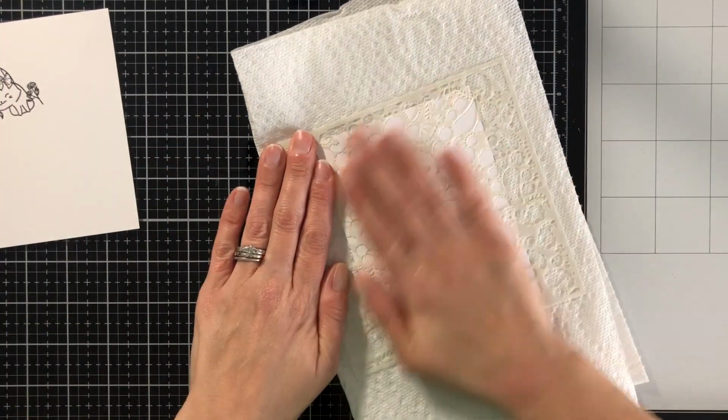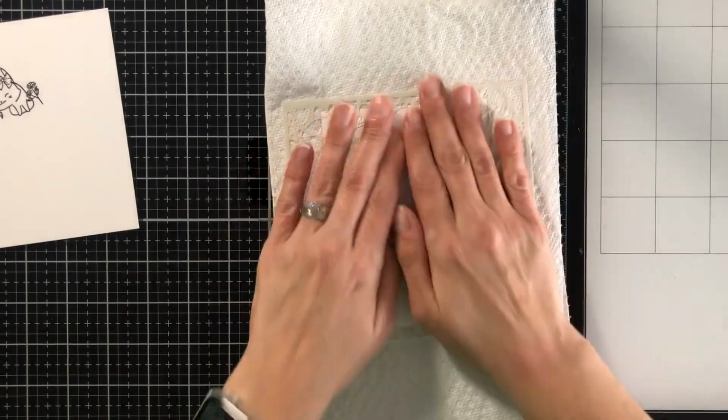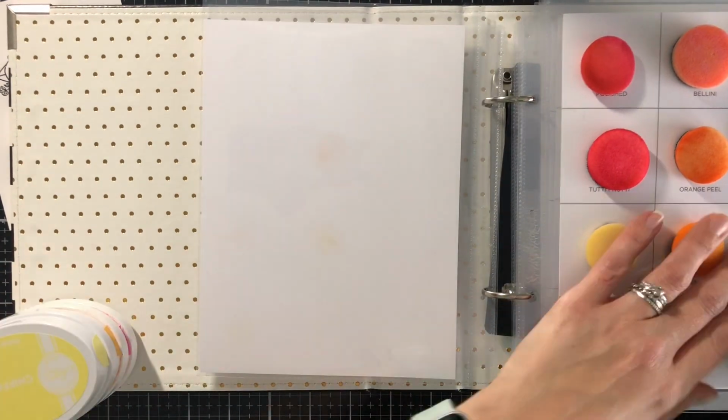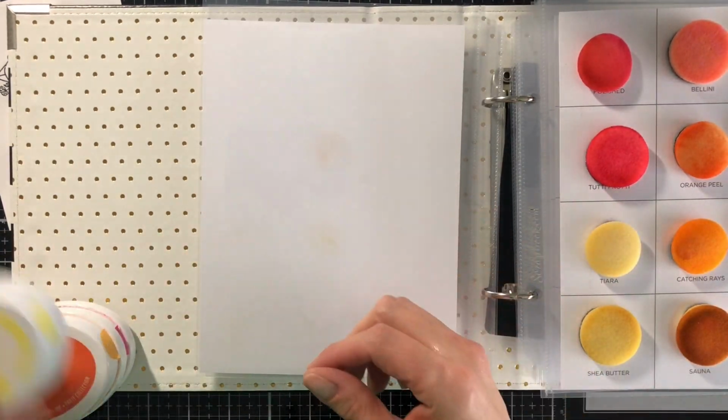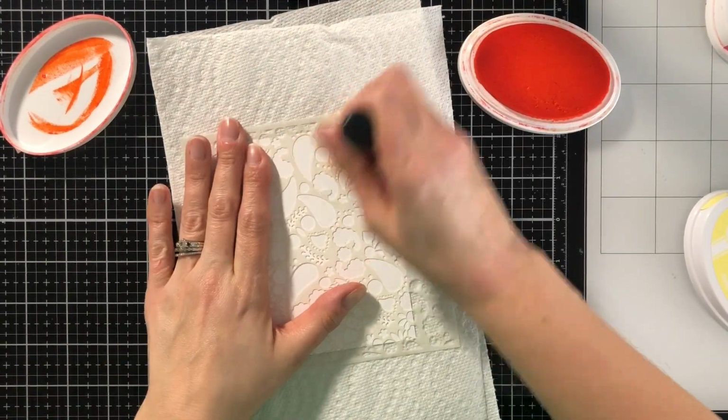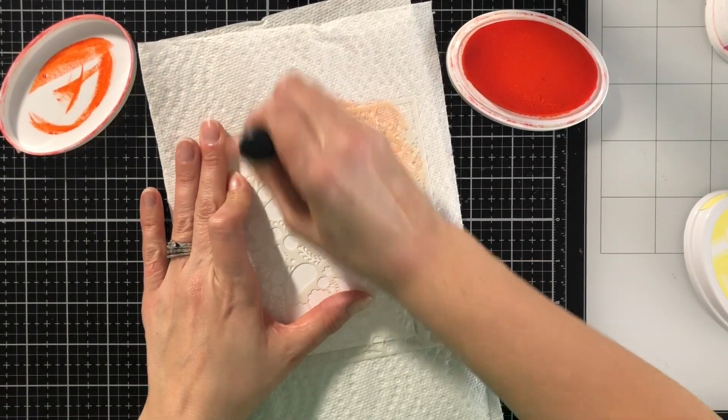If you're familiar with stencils, you know there is nothing worse than doing all this work, all this layering, whether you're using inks or paste or a combination of two, whatever it might be, and then to have your stencil move. So once my stencil was secured, I literally just pressed it on and went, and then I grabbed some